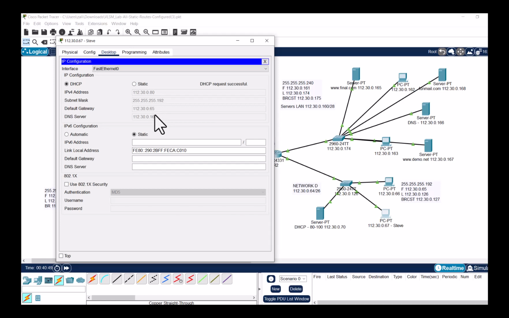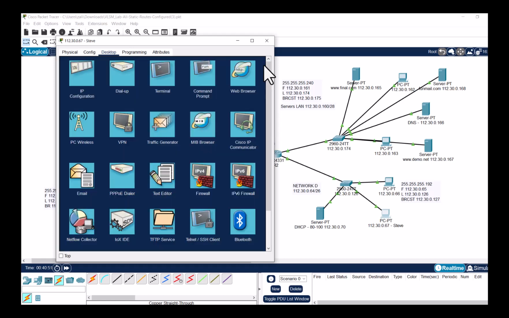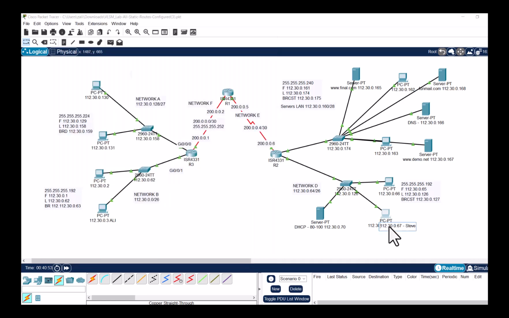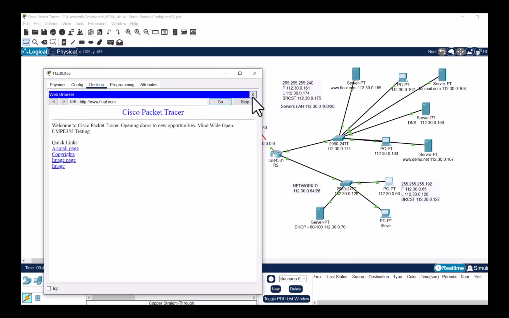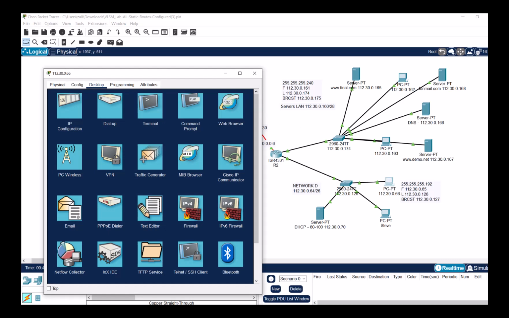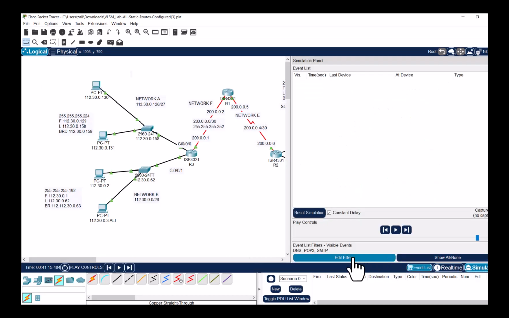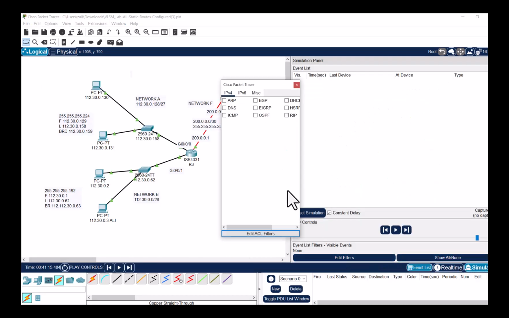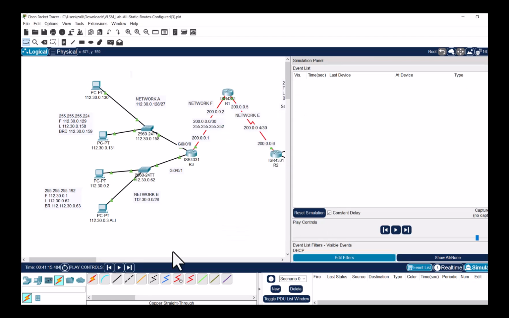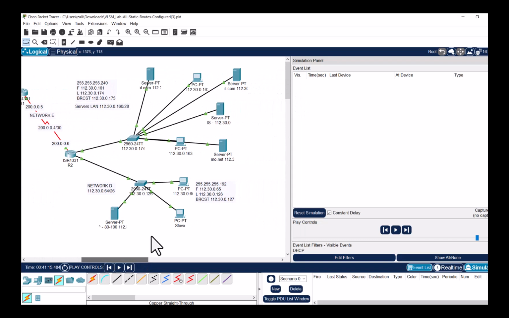Exactly the same way we configured in the DHCP server. So now Steve is no longer going to be this address. Now Steve has a dynamic IP address, and it might change. Let's go to this PC here, and I need now to switch to simulation. I need to show none. I will go and only show DHCP and show you what happens when the PC tries to obtain an IP